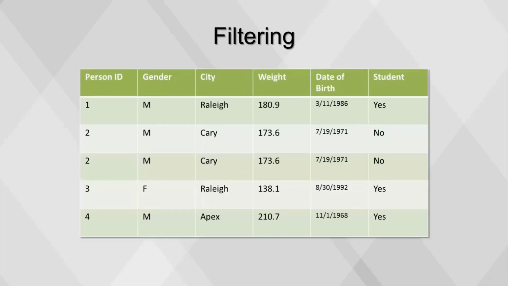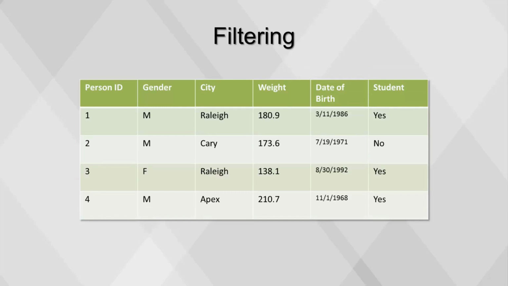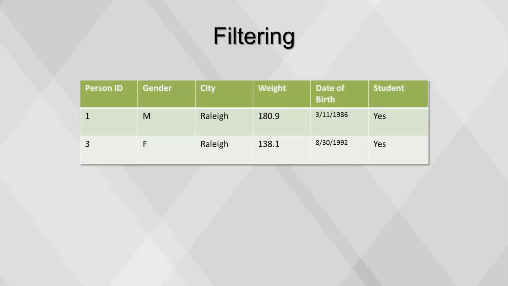After determining the table's level of detail, you should check for duplicate observations. These are rows of data in which all values are exactly the same as another row. In some cases, duplicate observations may be legitimate, but usually these are erroneous and need to be removed. Here's our table with the erroneous observation removed. This table is filtered to show only records of people who live in Raleigh.